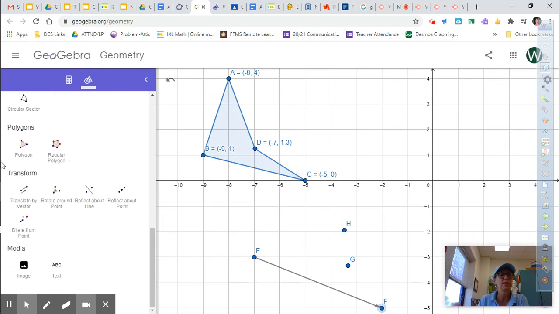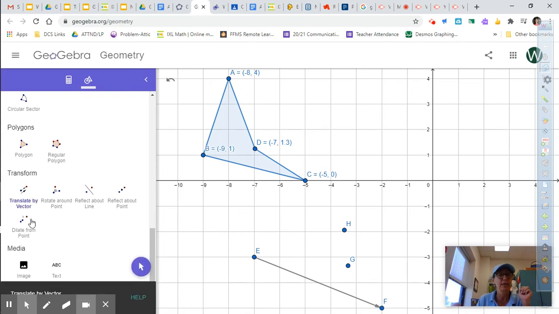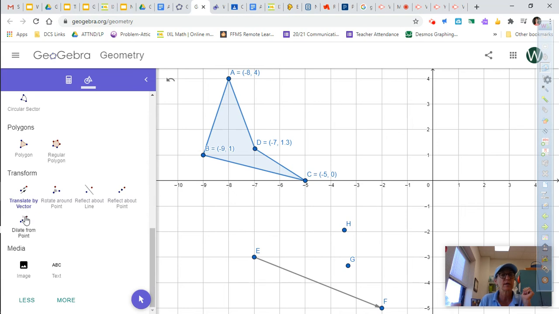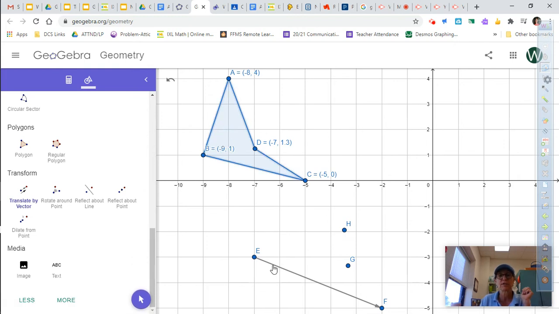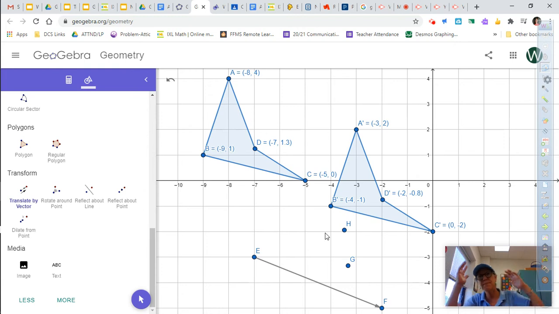I'm going to go to the bottom, transform, translate by vector. When I click this, directions are going to show up, so look for them. Down here at the bottom, it says translate by vector. It says to select the object and then the vector. So I'm going to click this, I'm going to click my vector, and bam, like magic, the new shape appears. And not only that, because I remembered to turn the labels on,